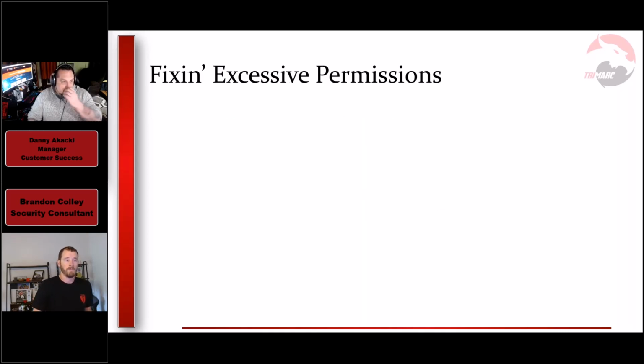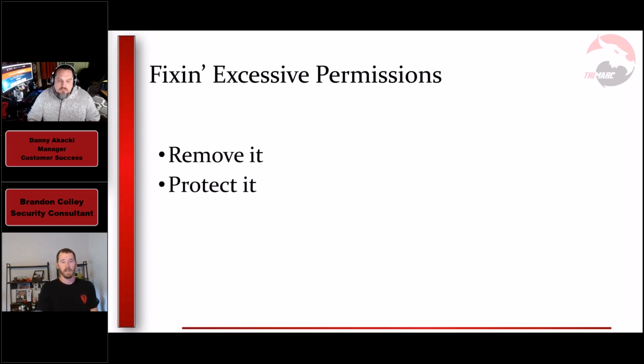And fixing it's almost that easy too, because honestly, just remove it. If you find a permission that seems like it shouldn't be there, let's get rid of it, document it, get rid of it. And if you can't get rid of it, then let's protect it. By protect it, I mean, let's protect the account that is granted that elevated permission. So that account now becomes a tier 0 account. Protect it like you protect your other tier 0 assets.